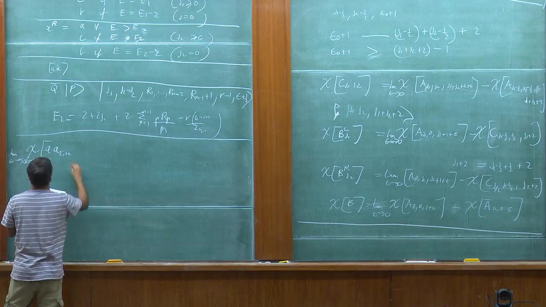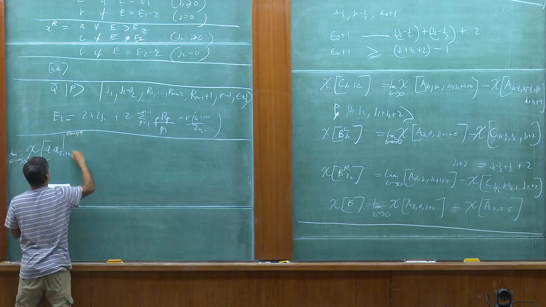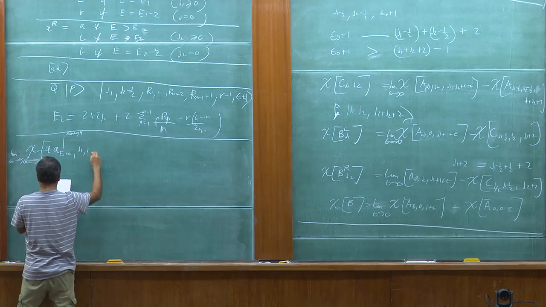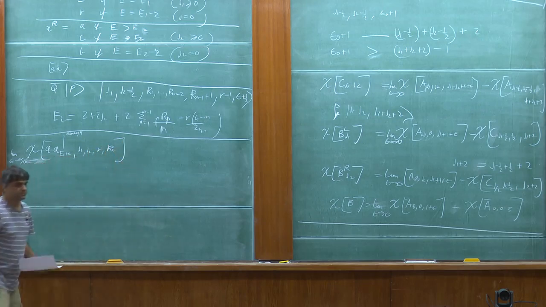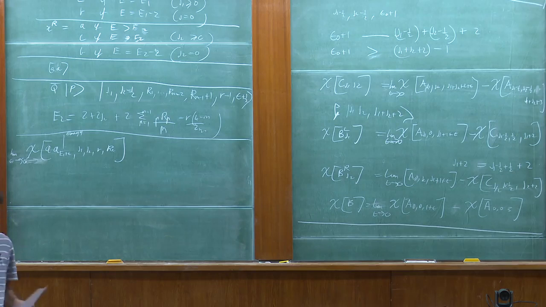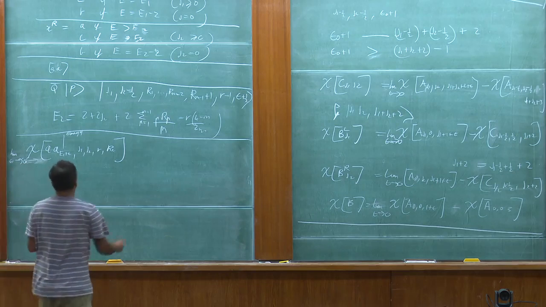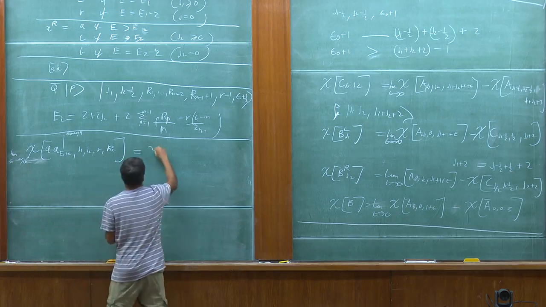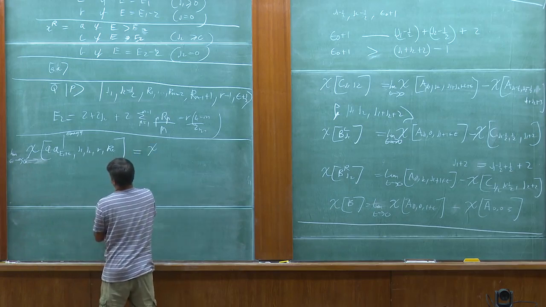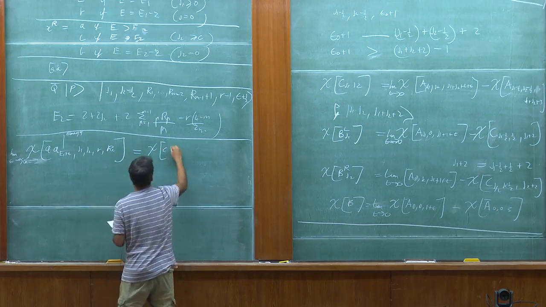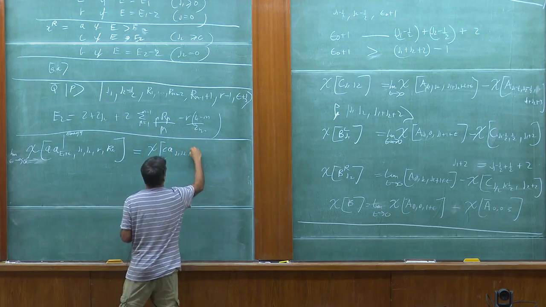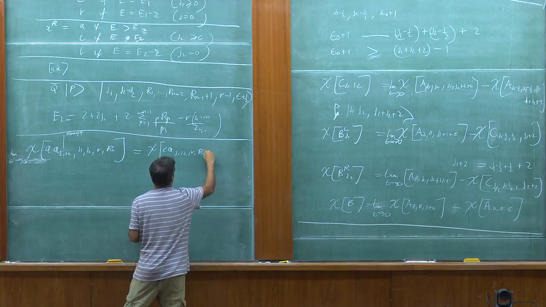So that's the energy, J1, J2, R and Ri. Claim: this is equal to chi of, this is now going to become a CA, J1, J2, R and Ri,